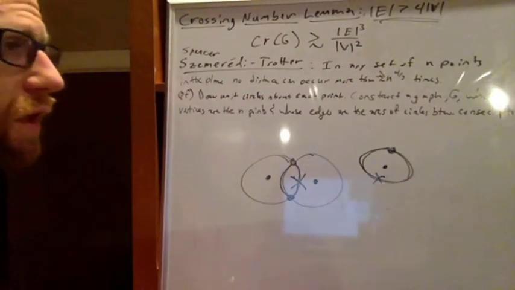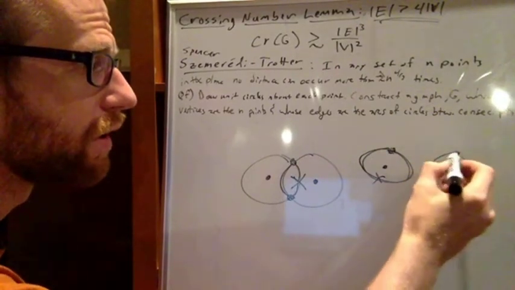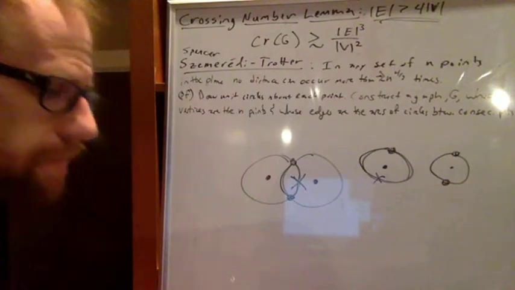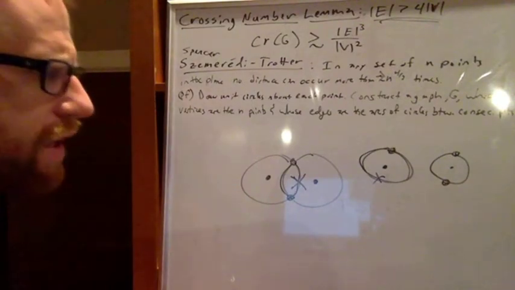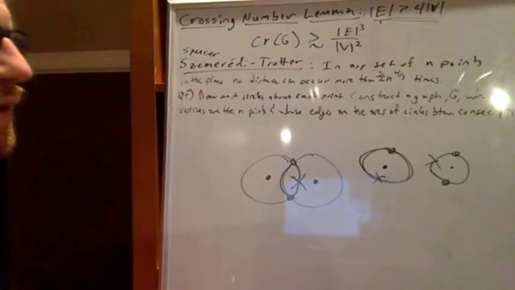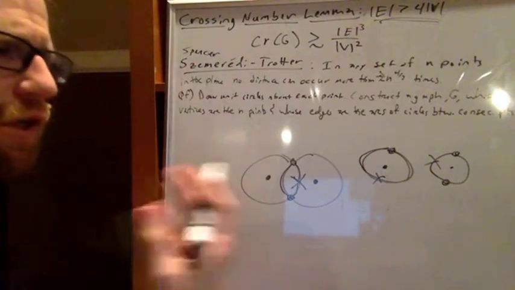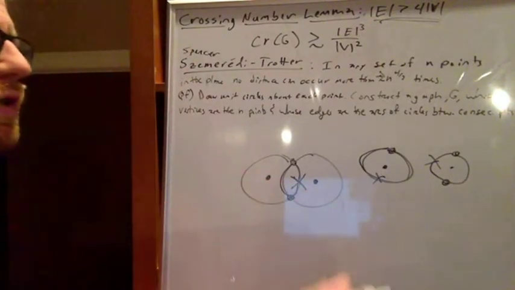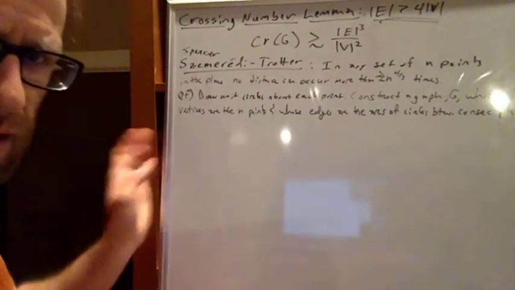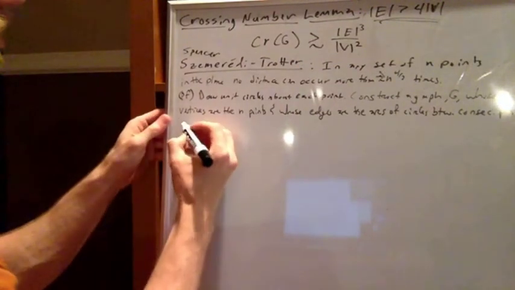We're going to say we're going to get rid of that. Same thing if I have a circle with 2 points on it. This would be, again, multiple edges between pairs of points. So what I want to do is I want to say that this, I'll get rid of this edge, I'll get rid of this edge, and I'll get rid of this edge. And there's a careful argument that says that if I do this, I don't lose too many edges. And the way we're going to take care of this somewhat carefully is we're going to say, case 1,